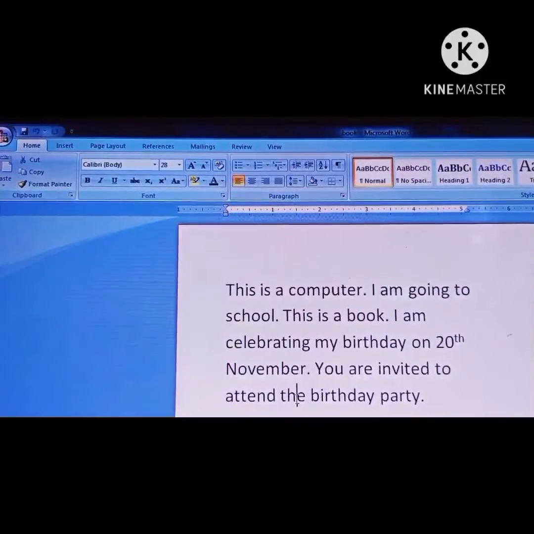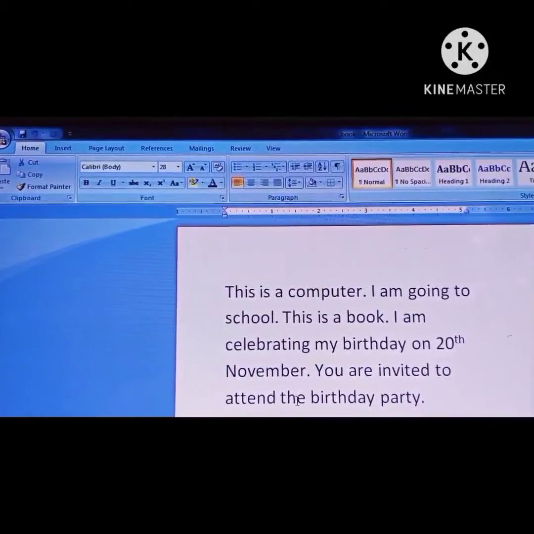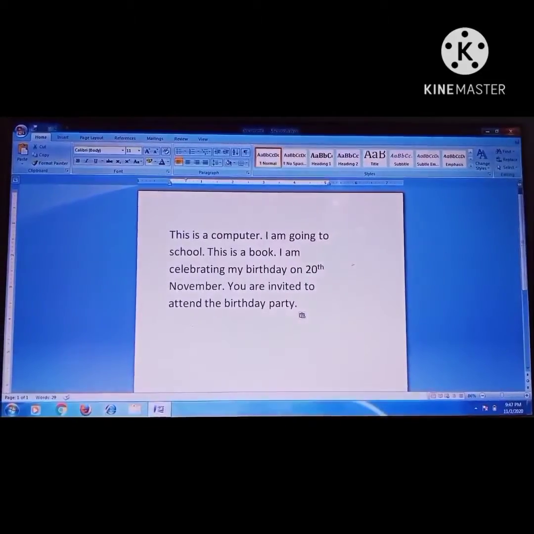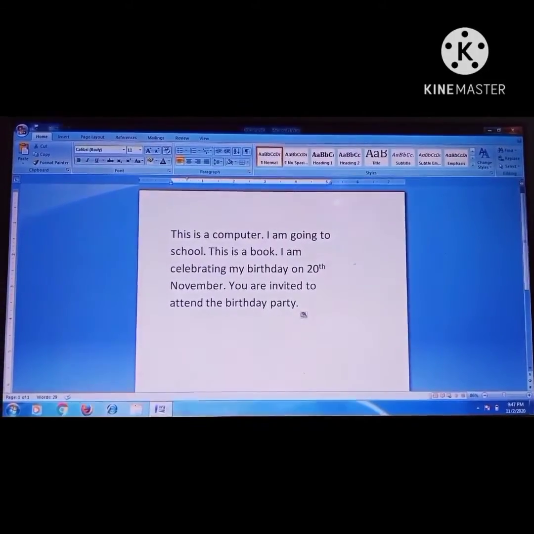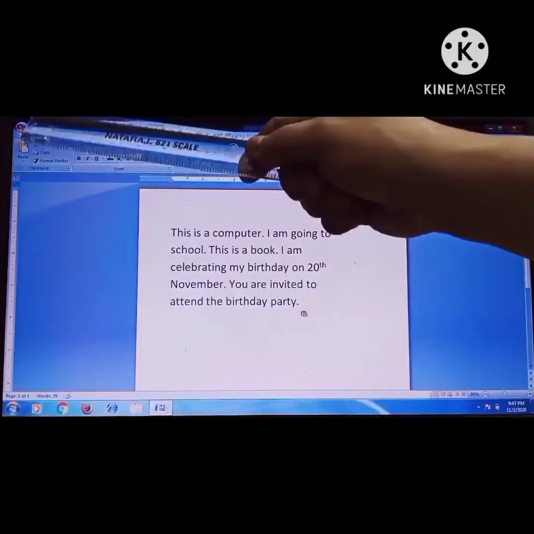Children, there are two options to save your file. The first option is that you go to the Quick Access Toolbar and click on the Save button here.